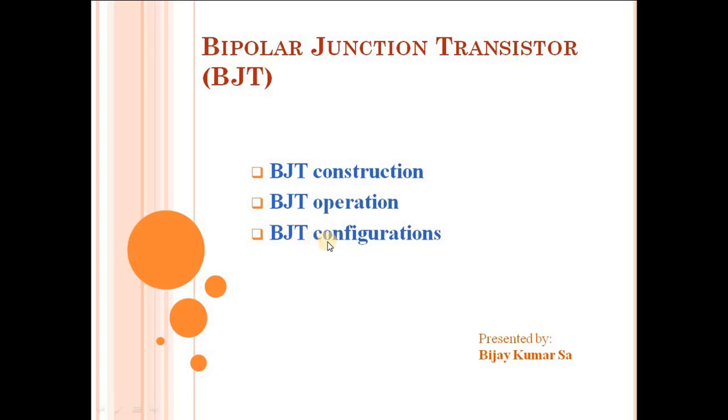Because it's a three terminal device, and in any configuration there has to be one input terminal, one output terminal, and another terminal has to be a common point between the input and output. So since BJT is a three terminal device, it allows for three different configurations in the way I just told you: one input, an output, and another terminal which is common to the input and output. So we'll try to understand how the BJT behaves in the different configurations.